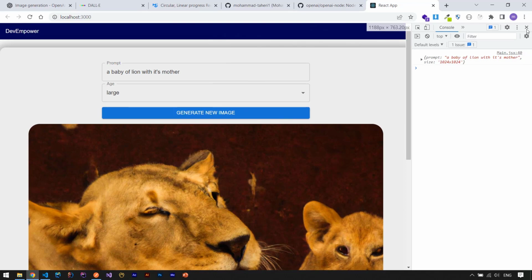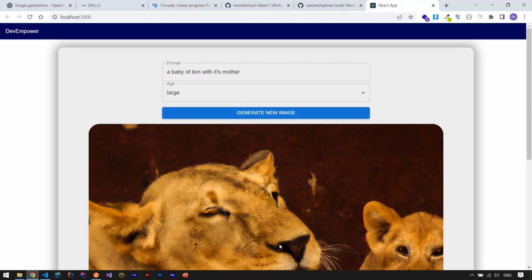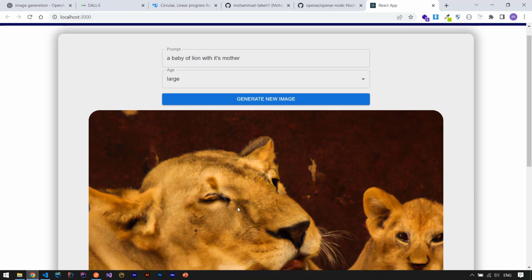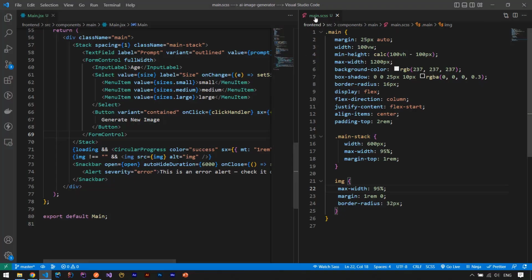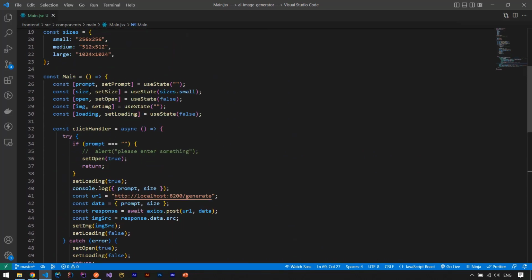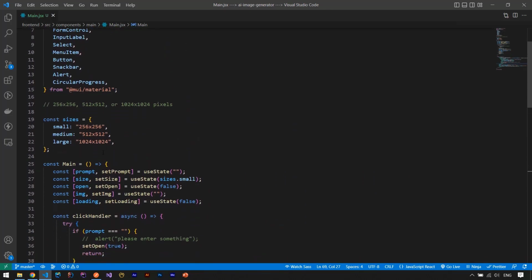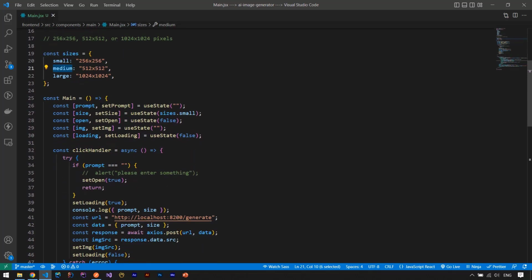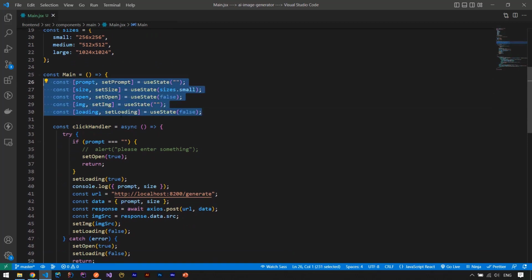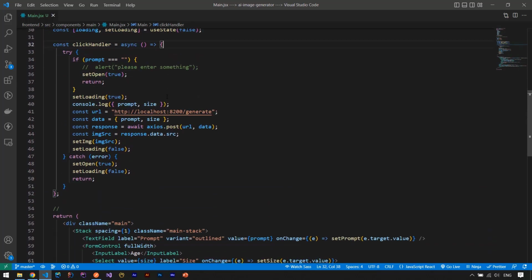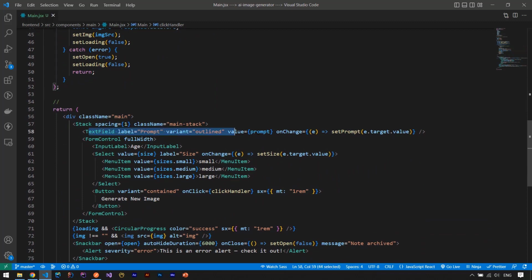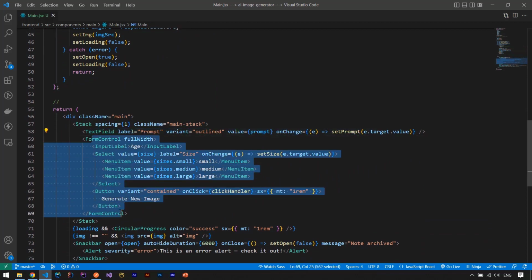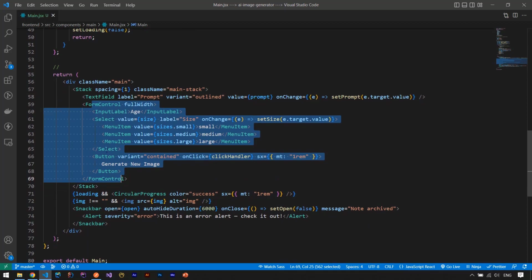I think our project is finished. And let's have a look again here to see what we have done. Okay, we created a sizes object to handle the objects we needed. And also we used some states and a click handler. And inside of there, we have a text field and a form control, which is a select for our